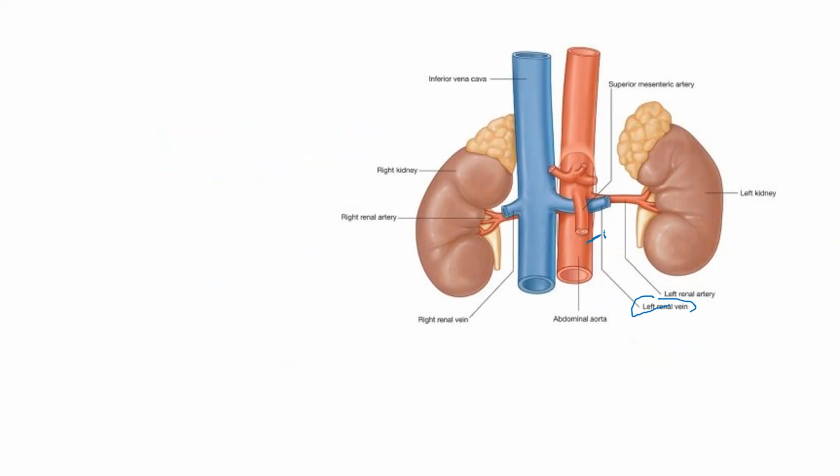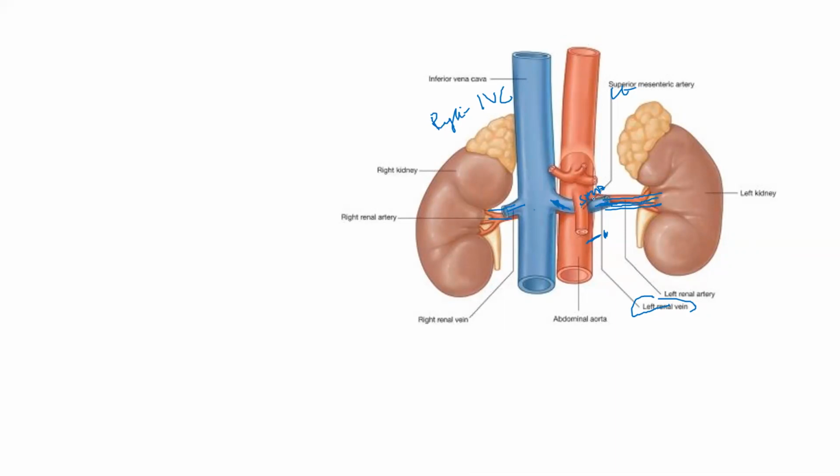So this is your aorta, that's the superior mesenteric artery. This is your right renal vein, left renal vein. Your IVC lies to the right side of the abdominal aorta. Now the right renal vein and the left renal vein enter into IVC. The right renal vein, since the IVC is on the right side, will have a short course, whereas the left renal vein has to be lengthier to reach the IVC that lies to the right of your abdominal aorta. On the way to reach the inferior vena cava, you can see that the left renal vein passes beneath the superior mesenteric artery.